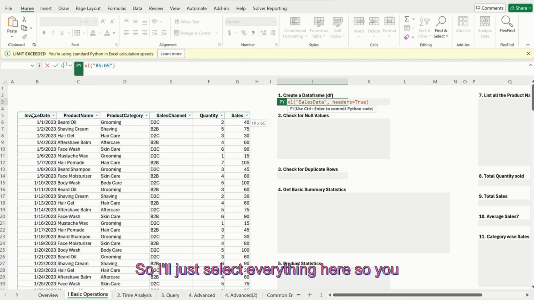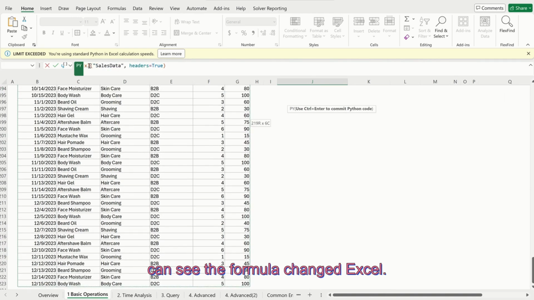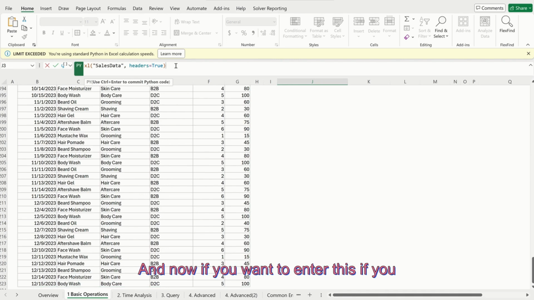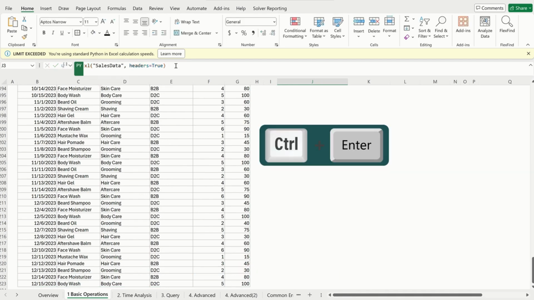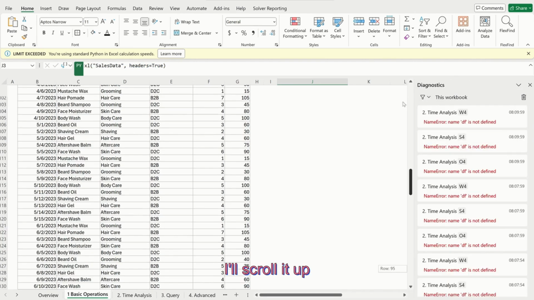So I'll just select everything here. You can see the formula changed. Excel is referring to sales data. This is my table which has already been named for this particular data. Header is equal to true. And now if you want to commit this code, you will use Control plus Enter. So once you press Control plus Enter, and I'll scroll up to that cell again,